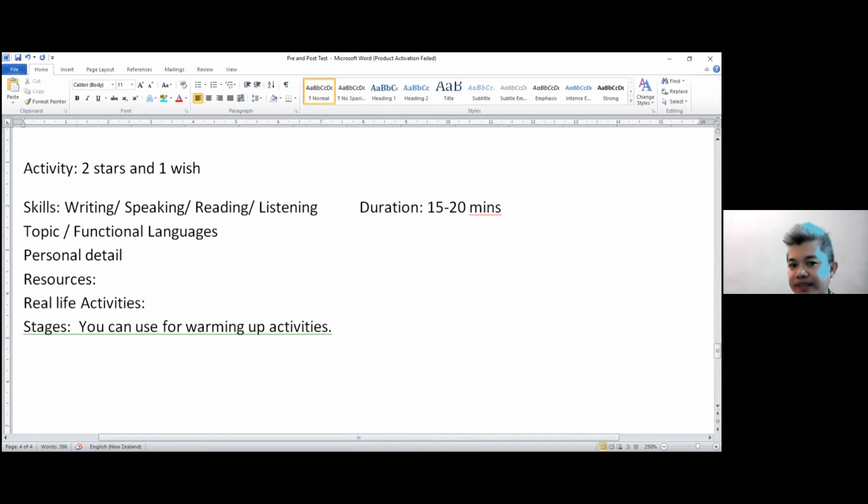Present simple, past simple, future tense. What kind of language did the students practice? Conditional sentence. Can you give an example of the sentence that you mentioned a minute ago?